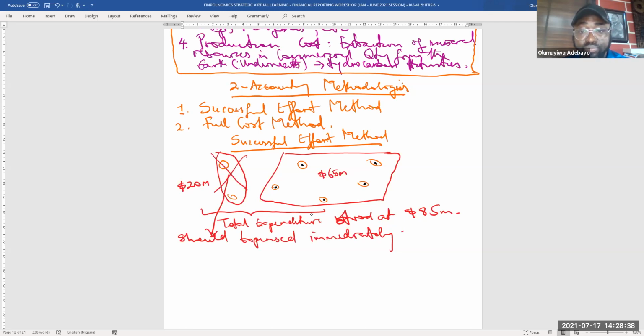While this portion should be reclassified. You know, it's already capitalized, but should be reclassified to IAS 38 if it meets the definition of intangible assets, and IAS 16 if it meets the definition of property, plant, and equipment, which is a tangible aspect. That's what successful effort says. But in contrast,